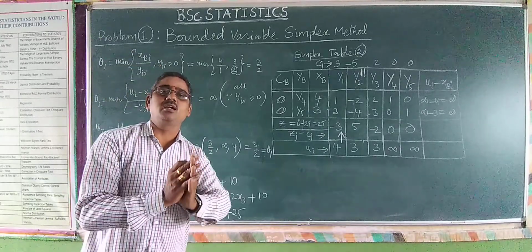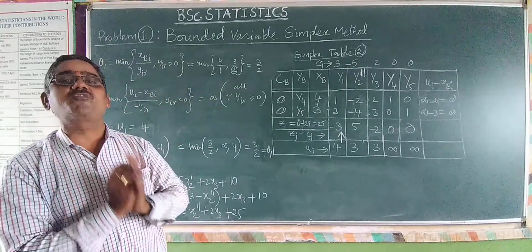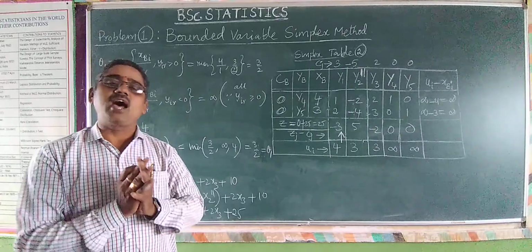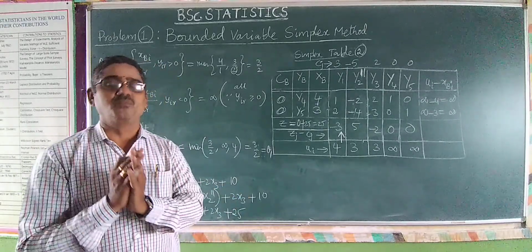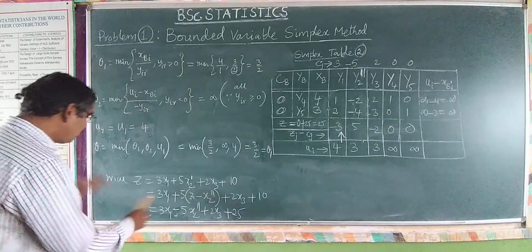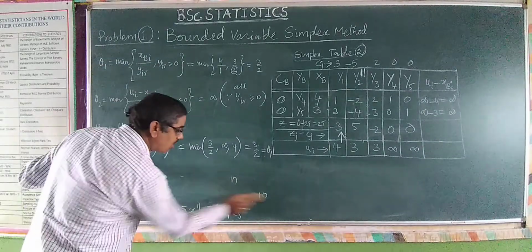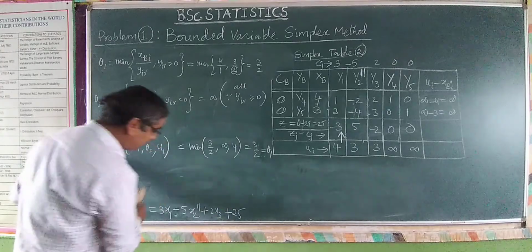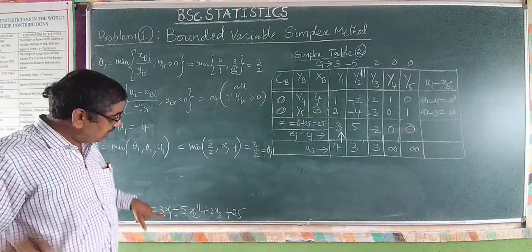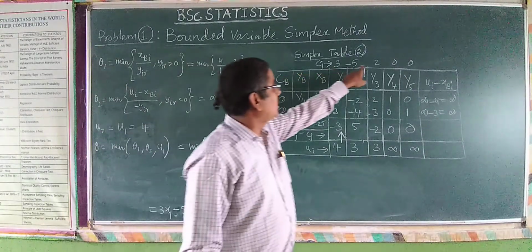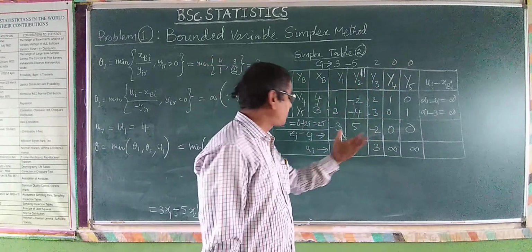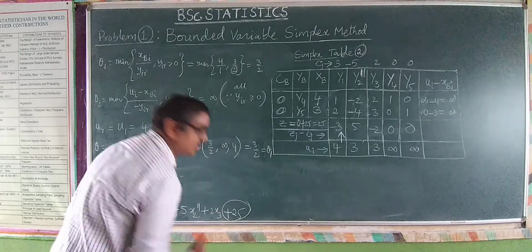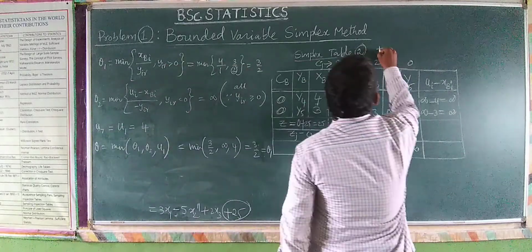YK is going to leave from the basis. This is the usual procedure of the simplex method. YR enters, YK leaves. So you must always remember the objective function and not forget it. This can be read out from the cost row we have written in the simplex table, except the constant 25. Therefore, I am writing here plus 25.